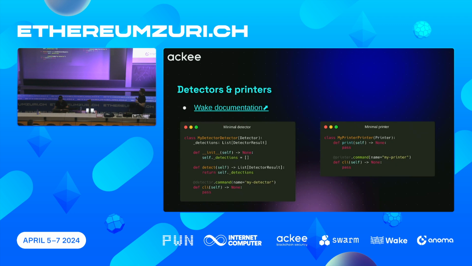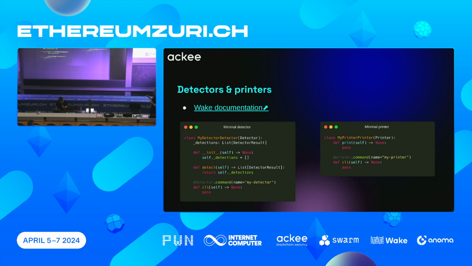Now, this is an example of a very simple, minimal detector and a very simple printer. As you can see, there are not that many differences. It's very simple code, so there are some, obviously, but fundamentally it's very similar. A detector and a printer are always classes in Wake, in Python. Detectors inherit from a base class called Detector. Printers inherit from a base class called Printer. And the major difference is that detectors return some detections, like issues in the code, and printers can just print